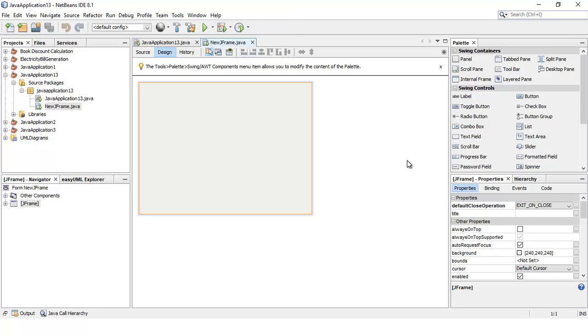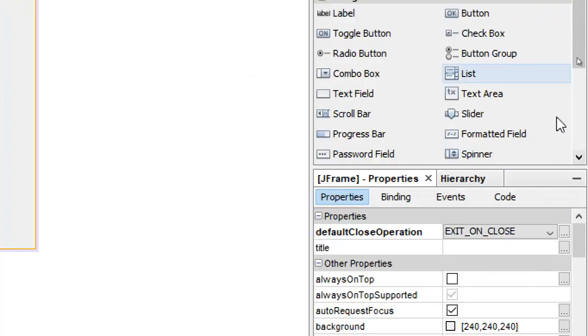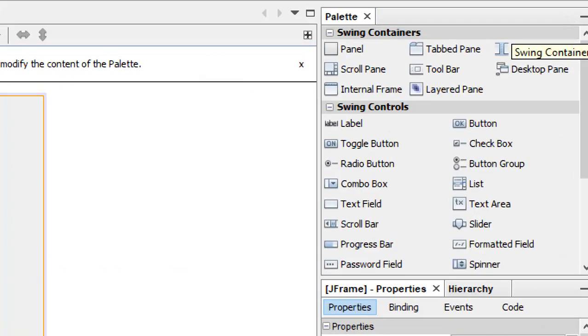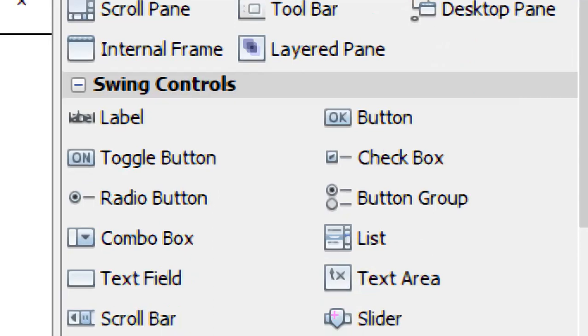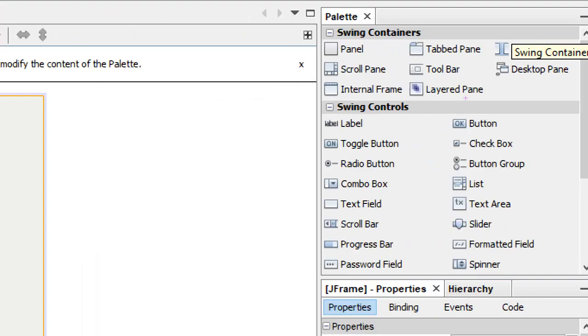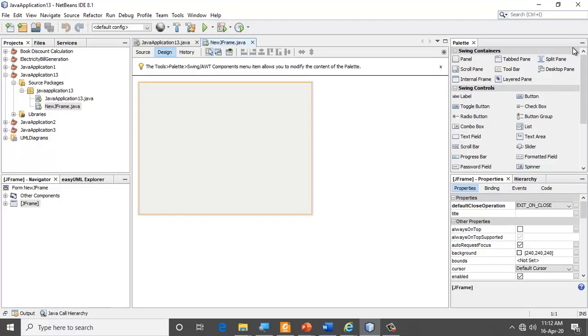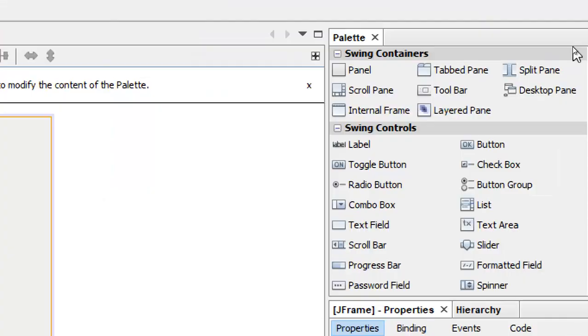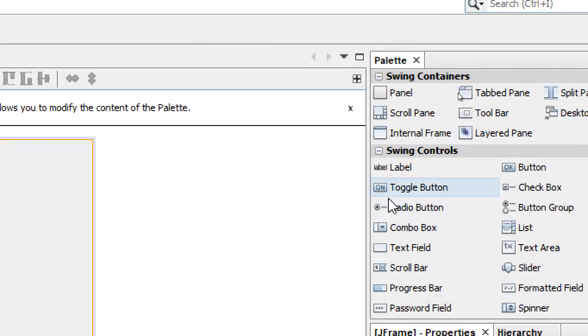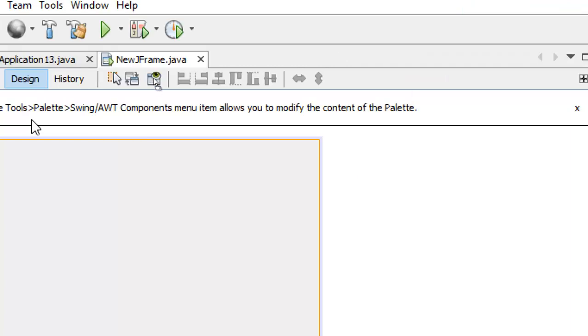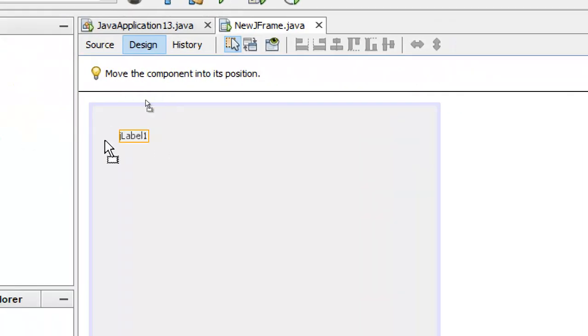All these controls that you see in this box are nothing but components. We can use these components in our applications. Suppose you are building an application, you can drag a label and place it on your form.